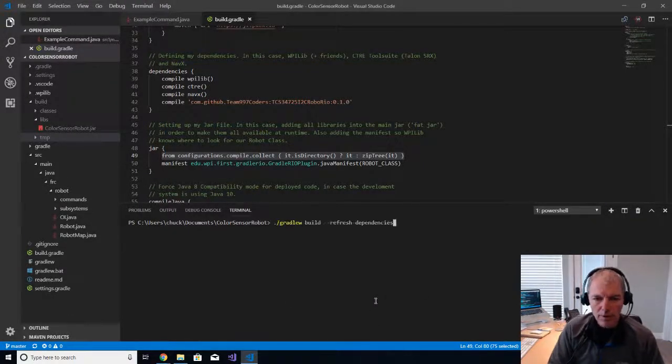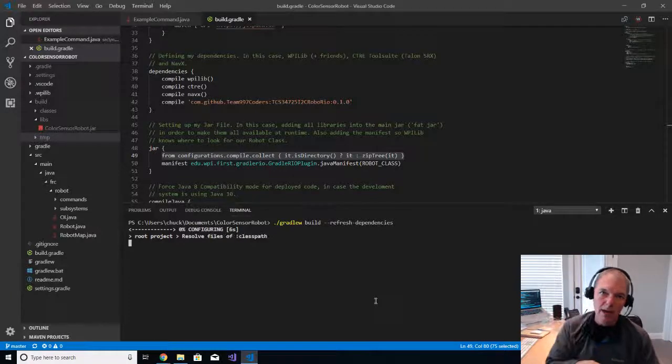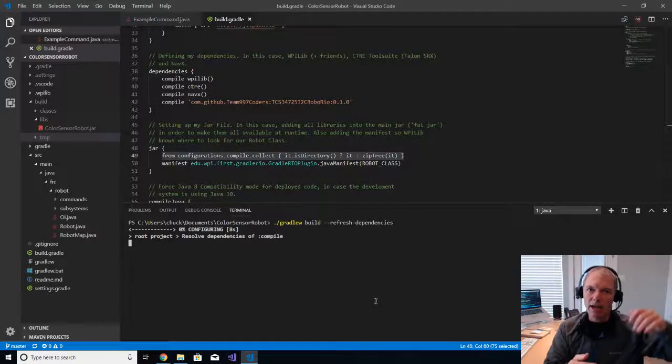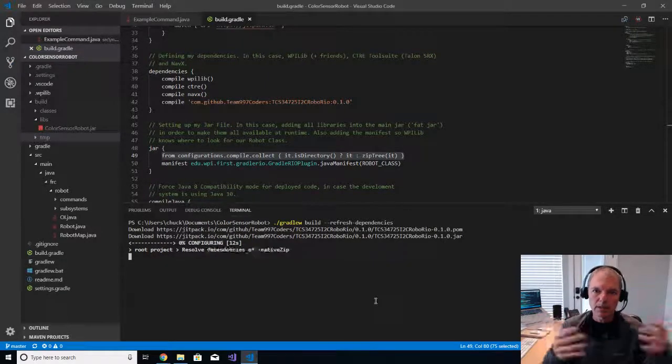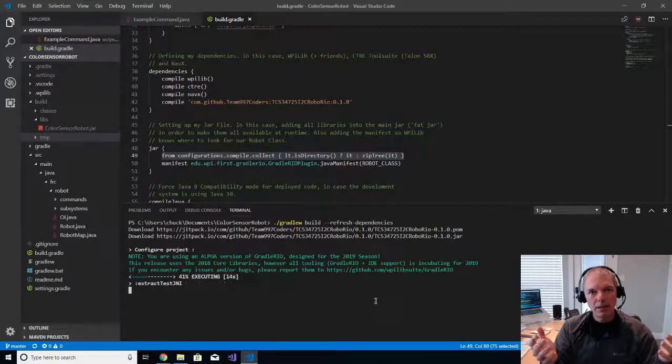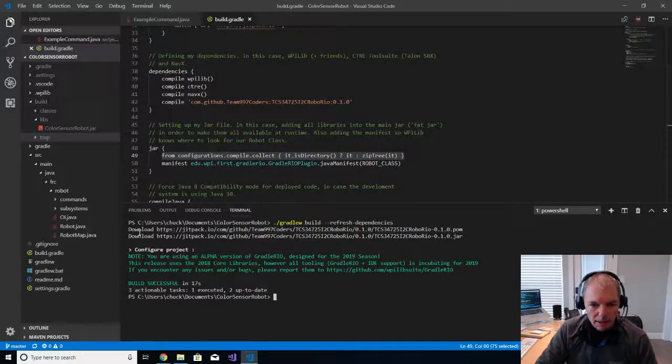If I just blast this, I'm going to delete it out of the cache. And then I go back over to my project and I do a Gradle build with --refresh-dependencies. This is going to force a dependency refresh on this project, which means it's going to go check them all, and it's going to go to the cache and try to compare what's in the cache with what's on the outside world, and try to reconcile them. And if it doesn't find the dependency in the cache, it'll go back out to the outside world and pull it down. And you can see right here, it downloaded from JitPack